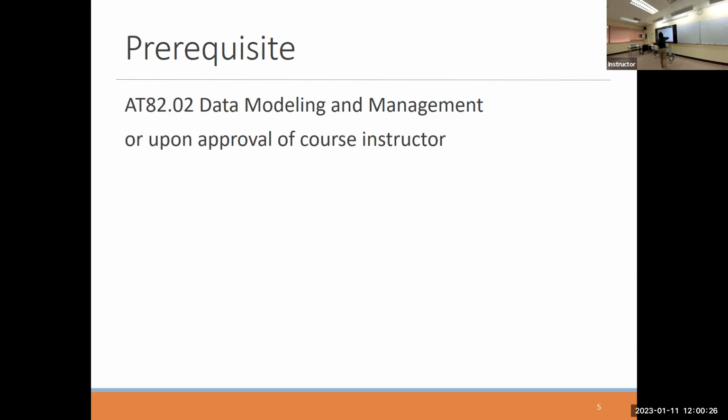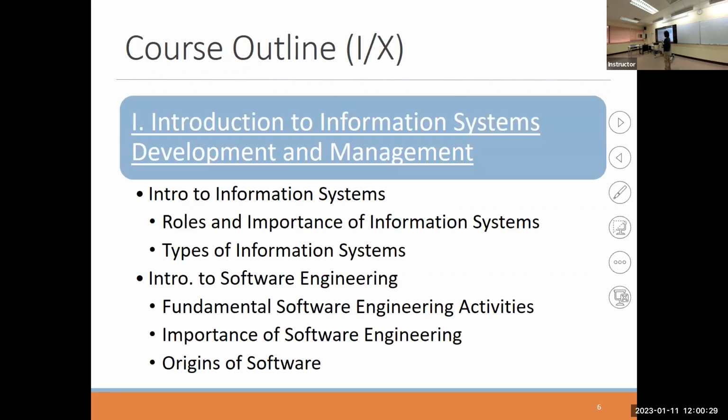And the course outline, okay, I think this is important so that we understand the specific details we learn together. As for the course outline, there are 10 topics that we will learn. The very first one, of course, is introduction. So it's the importance of information management, and of information systems in the business world, organizations, and many other sectors in this current era, okay?